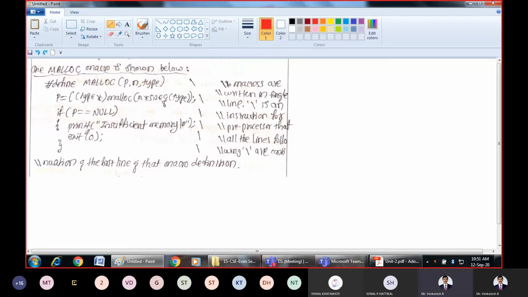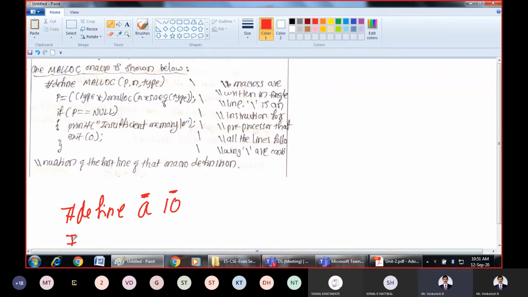Right. So we have used the hash define keyword already. Why do we use hash define? When you write hash define a space 10, the meaning of this is that wherever we use the term a in the program, it means we are writing 10. Wherever we use a, that means we are writing it as 10.